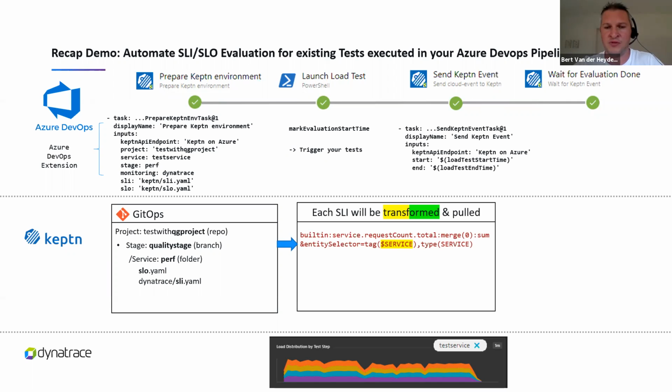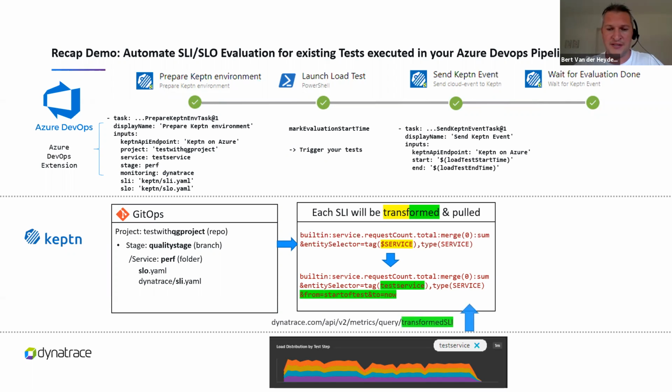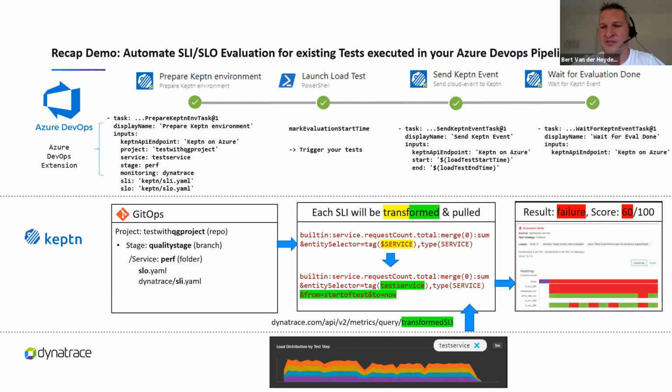I think I've shown you the tags, which are actually transformed to whatever service or project and stage. So it gets the metrics from the SLI provider, then does the magic, which is not that magical, in fact, because Andy just explained how it all works with the weight and all that. And the only thing we need to do is just wait for the